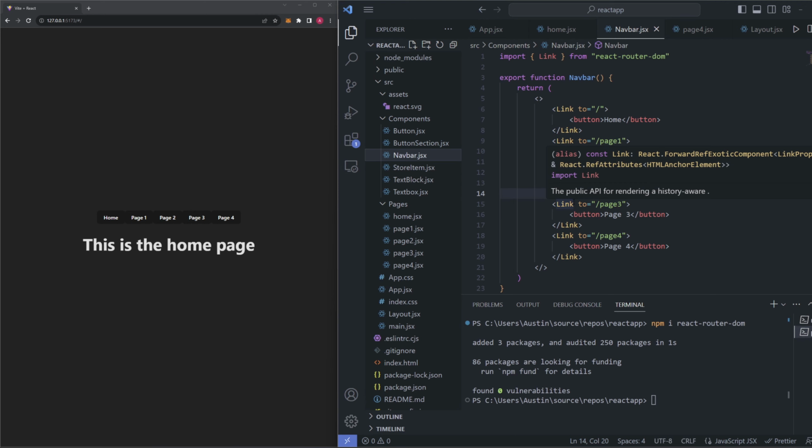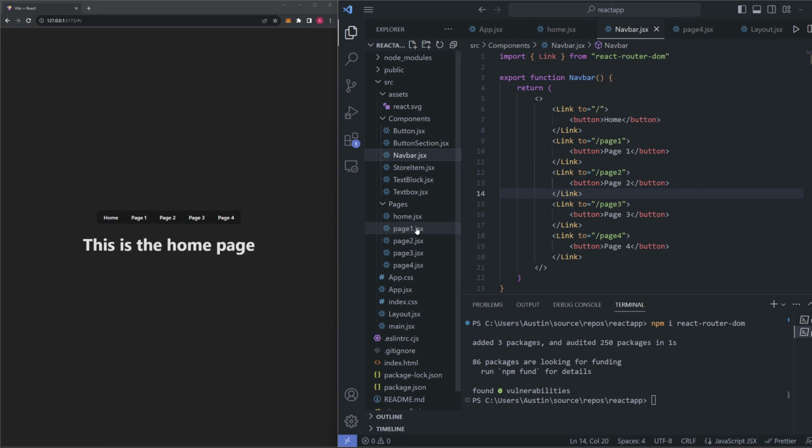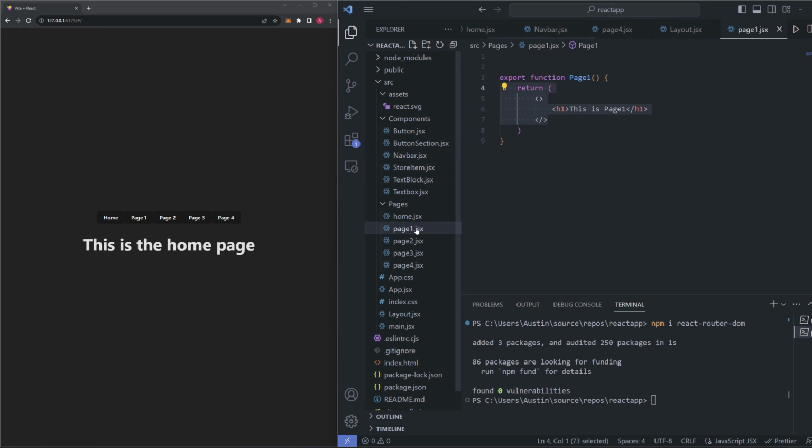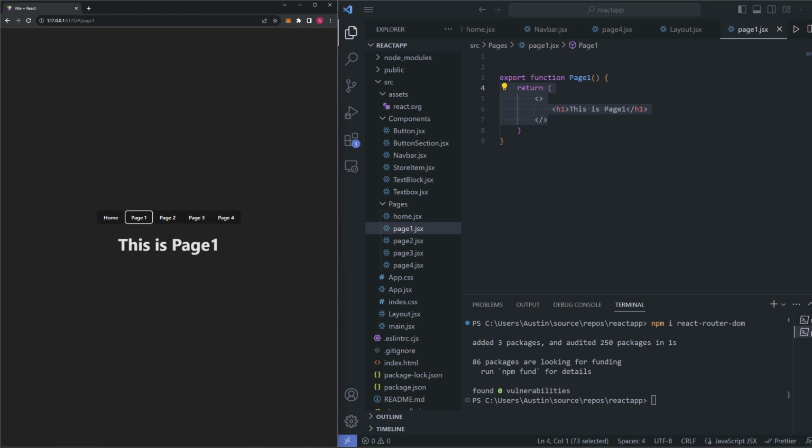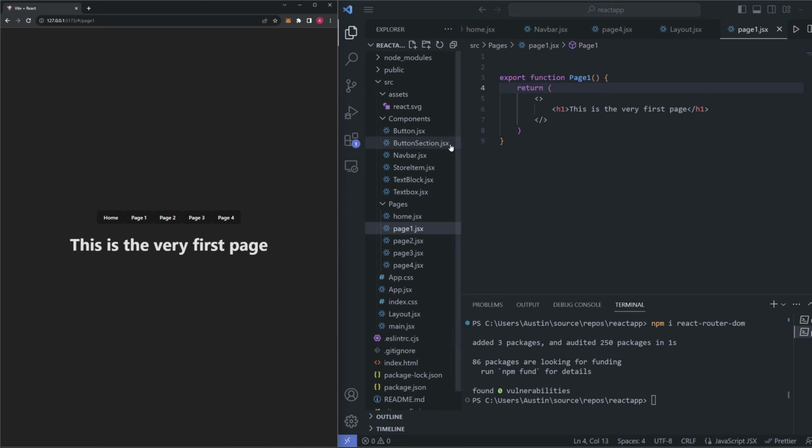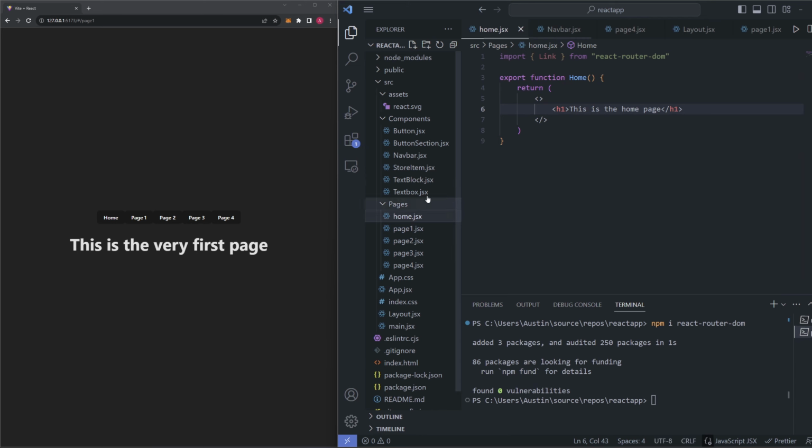And if we want to edit any of the pages, now we can just go to any of our pages folder, access any of the files we want, and then edit them however we like. For example, if on page 1 here, we go to page 1, we don't like how this looks. We want to say this is the very first page. Go and delete this here, save it, and we've now modified the very first page. So any edits you want to make, you can just do inside the pages themselves, just like we would before